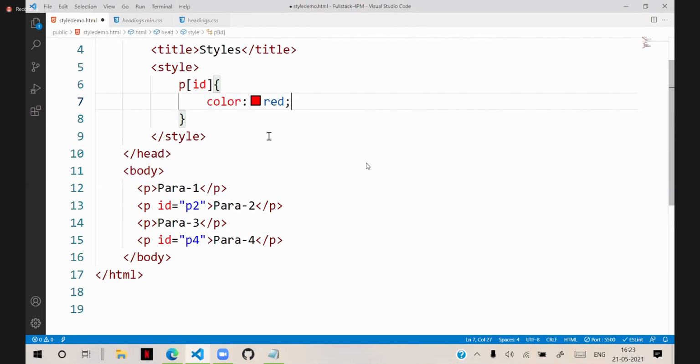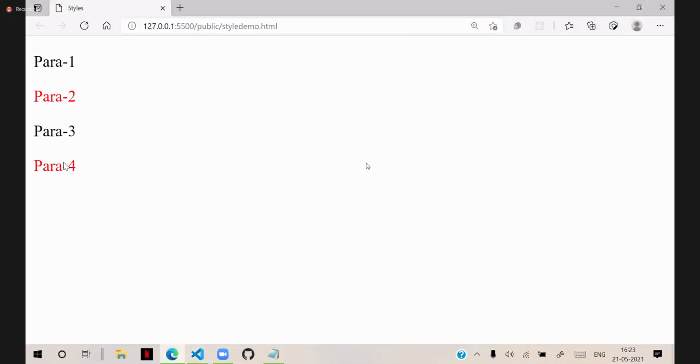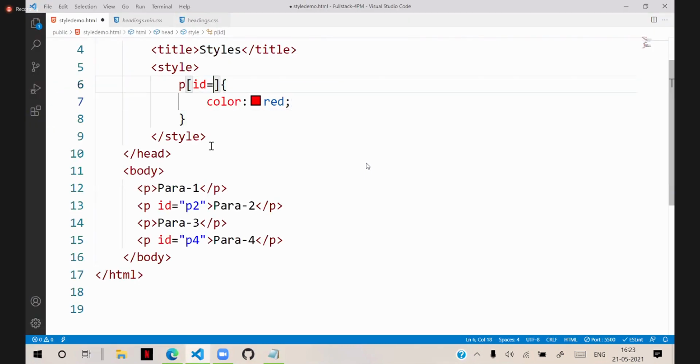That means the paragraphs that have an ID will be red in color. Which ID doesn't matter, we don't care which ID it is. You can see that the second and fourth paragraphs will have red color. Suppose if ID is equal to P4, you can write it like that, and it will apply only for P4.